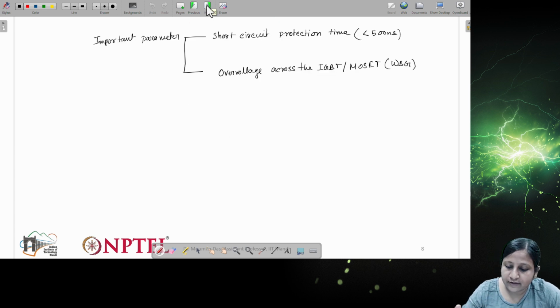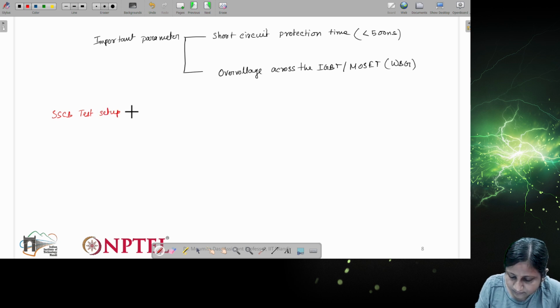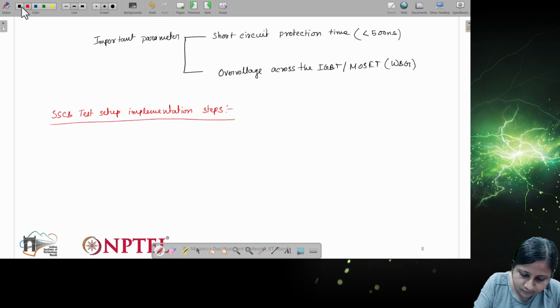So the steps for the SSCB test setup implementation are as follows.